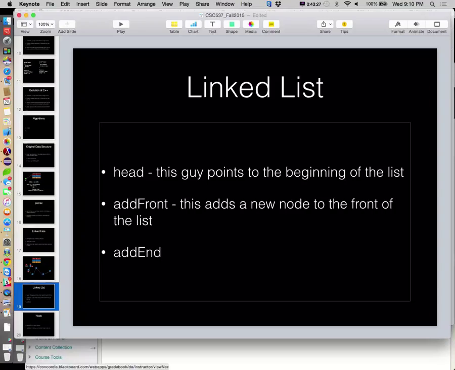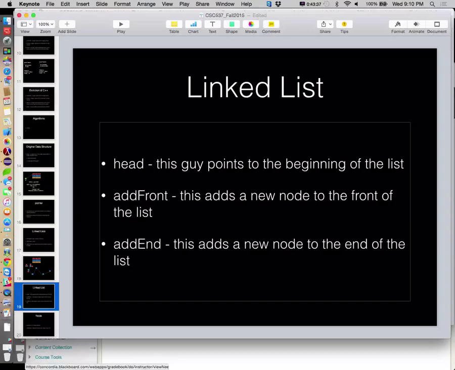What about add end? This adds a new node to the end of the list. Well, adding to the front's easy because we know where the front is. The front is wherever head points to. Okay? Where is the end of the list?